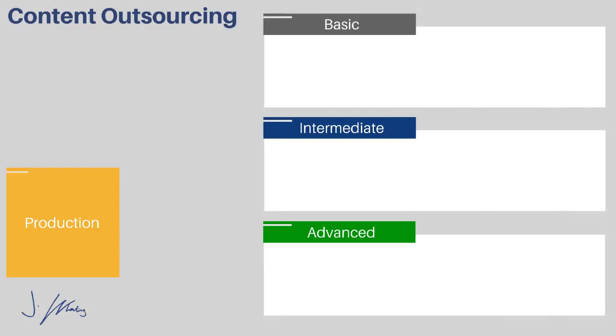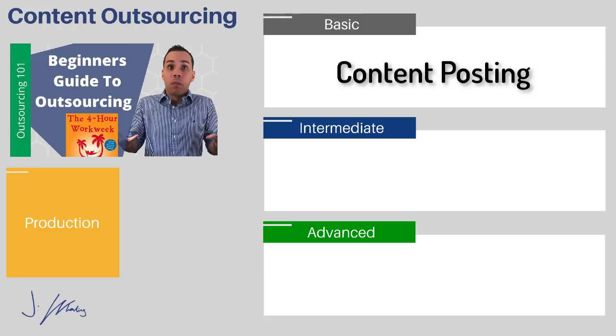And in production, which is where I recommend that you start, we have at the most basic level, finding someone to post the content for you. I think this is the perfect place to start. If you've never outsourced before, this is the place to start because it's going to allow you to ease into the process of outsourcing and find and hire a really good VA, which should be your first hire. I'll have a link in the description to a video that talks about how to find and hire a VA and why it's so important to get started with a VA as your first hire as an entrepreneur.